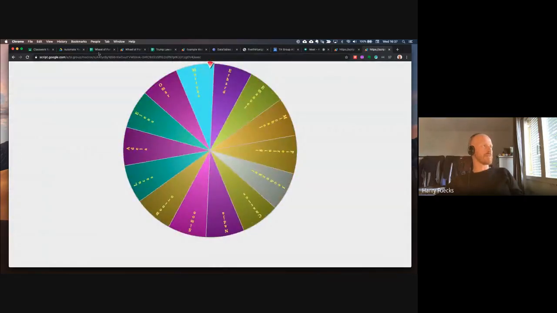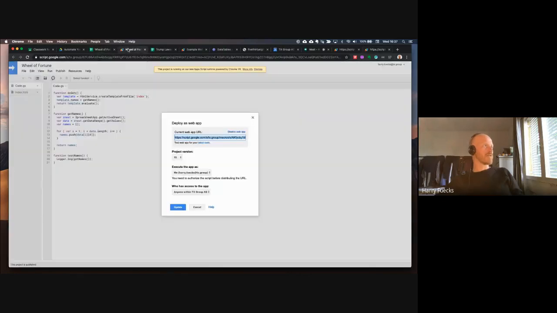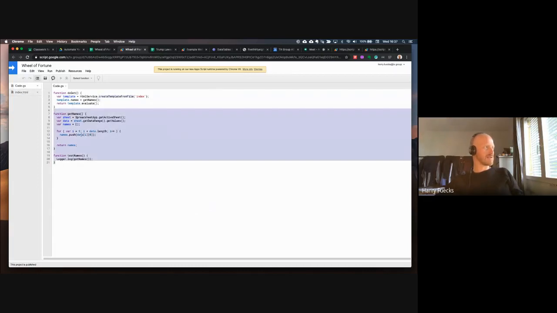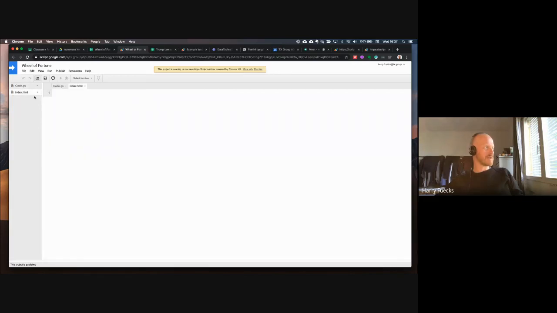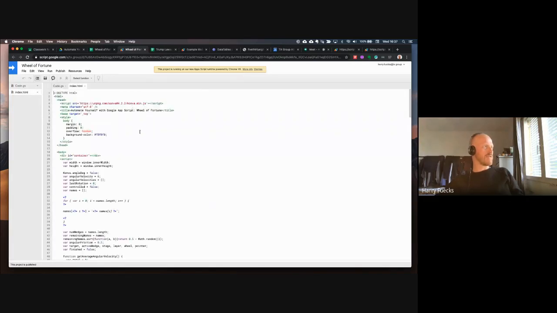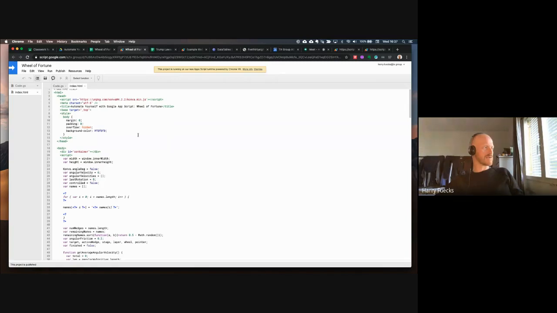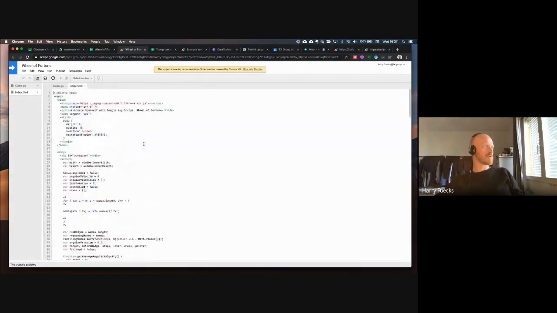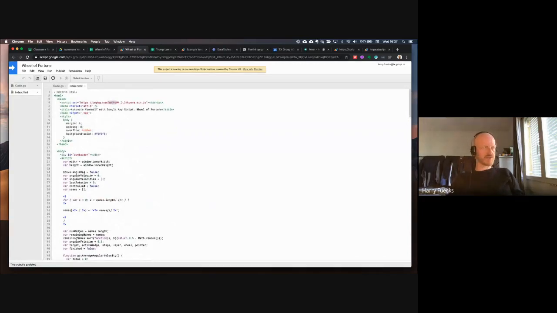So we could spin this wheel. And all of that logic, I didn't really write any of that. I just use this do-get function to process this template. I have to pass in some data into the template. That's what the rest of that's doing. And then all the rest of this stuff was some code I found online, plus this JavaScript